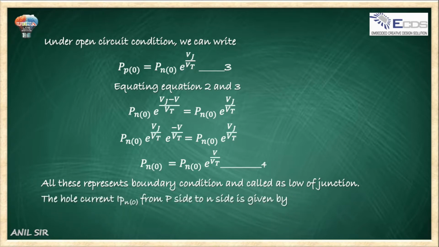So the hole concentration, that is nothing but IPNO from P side to N side, is given by. What do you mean by this IPNO? This is nothing but the hole current which is from P side to N side. हमको ये पता है कि हमारे P side से N side में कुछ होल्स है और जो ट्रैवल करने वाले, तो होल करंट की बात करते हैं हम. So this is called as IPNO. ये करंट कहाँ से फ्लो हो रहा है, P साइड टू N साइड. और यदि हम इसकी वैल्यू कंसिडर करते हैं, that is considered as IPNO equals to A dP upon LP into Pno e raised to the power V upon Vt minus 1. This is considered as equation number 5.